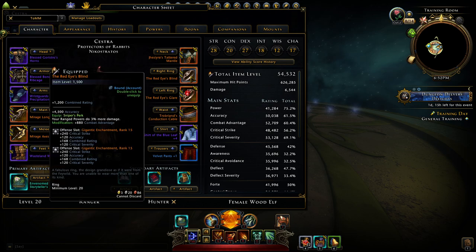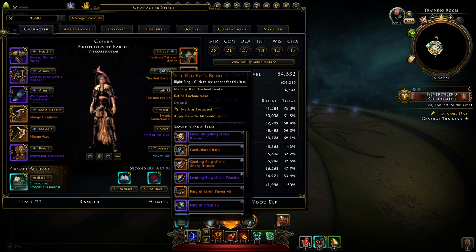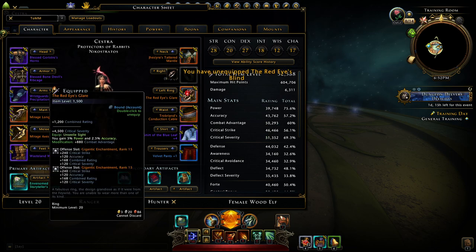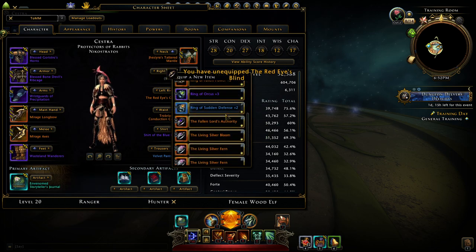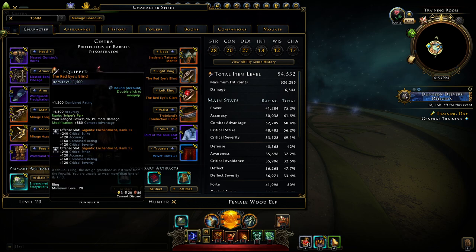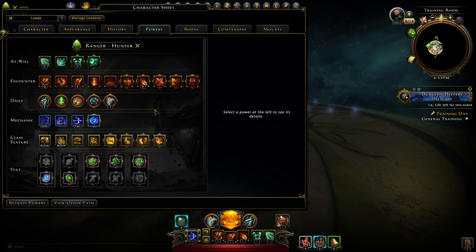I haven't gotten the Band of Air yet, but if you're ahead of me on that, you'd want to take off the Red Eyes blinds and keep the glare. Pretty much the 7.5% stats from the glare is just much better and much more useful rather than dropping the 3% ranged, because that's just diminished. So yeah, outside of that, moving on to powers,